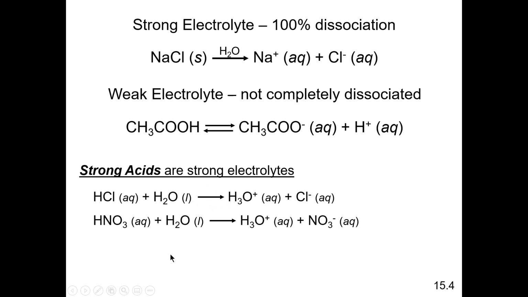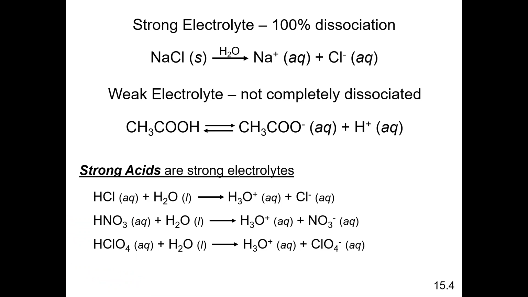Another example of a strong acid is nitric acid, right? Nitric acid, when added to water, undergoes complete dissociation to form hydronium and nitrate ion, all right? Perchloric acid is another good example of a strong acid. In fact, if you have had me for Chem 1, you know that I tell you guys to memorize the 6 strong acids. So let me remind you of them. The 6 strong acids are